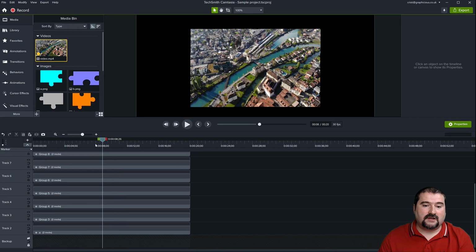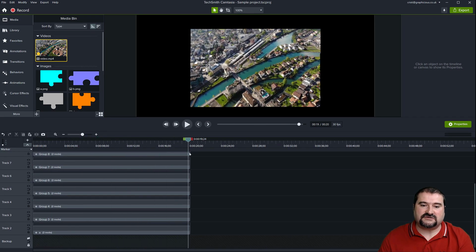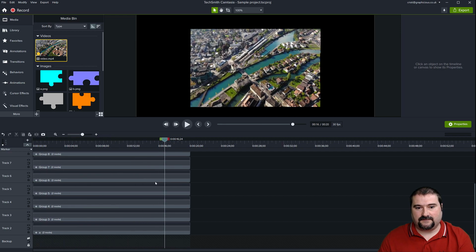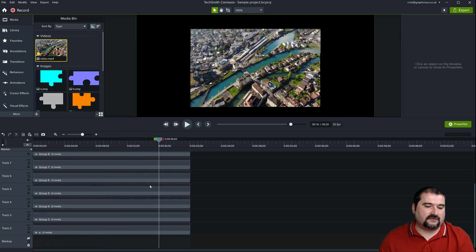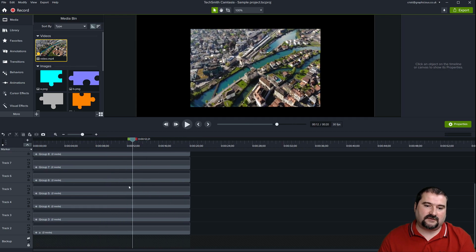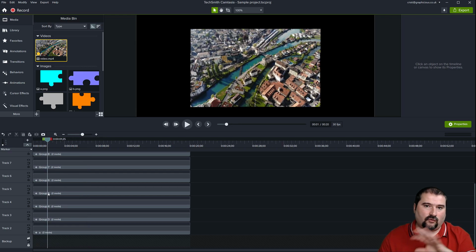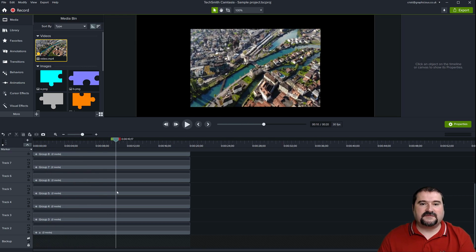And now look, my editing is so much smoother, even though I have 9 copies of this because of the proxy. So if your computer cannot cope with the speed or whatever video you're doing, make a proxy of it. And then it's going to be nice because it replaces that inside of all the puzzle pieces. So here comes the fun part, right?